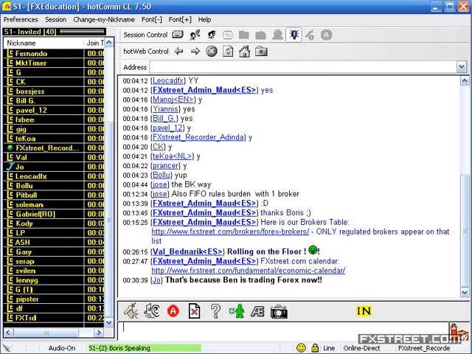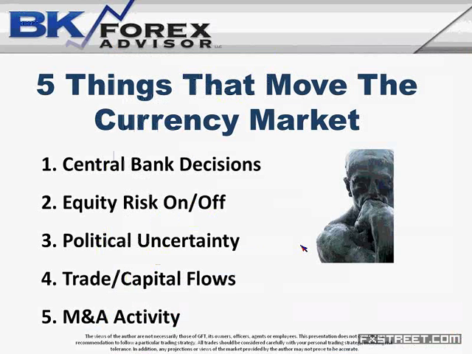Capital markets, equity markets are basically continuing on a thing called risk appetite. Risk appetite is basically how positive are investors feeling about the economy and how they're feeling about risk assets. And within the currency market, the predominant risk asset is the Australian dollar. Generally, the way it works is currencies with high interest rates are riskier currencies, and currencies with low interest rates are not riskier currencies. So when equities go up, high interest rate currencies rally with them. When equities fall off, those things sell off. That's kind of the trade-off.